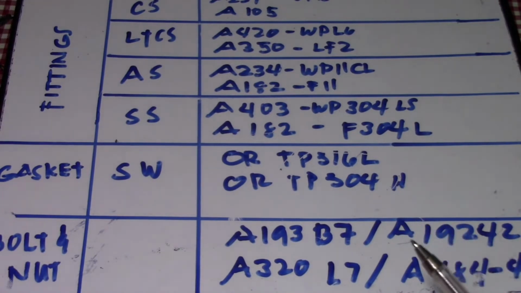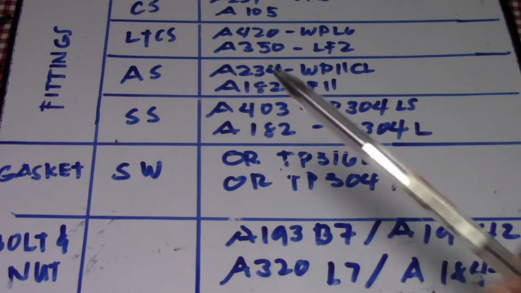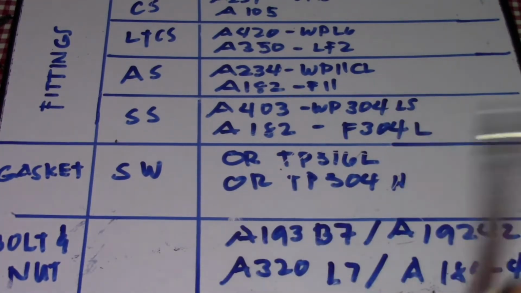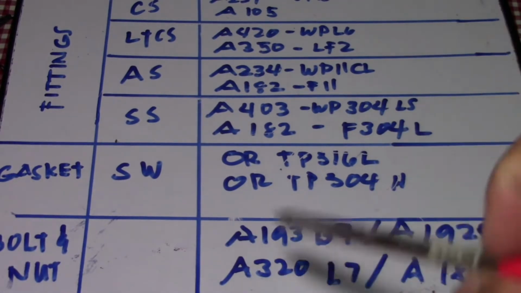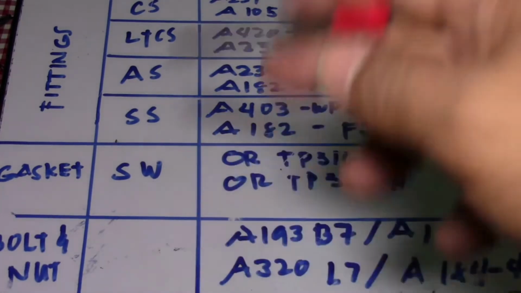So that's all for now, guys. This is very important for the pipe fitter and also for the pipe inspector. You must know what the coding is. So this is the ASTM code for the pipe fittings, gasket, and bolt and nut. We also have a color coding for that, and also thickness and color. For the meantime, we will discuss this ASTM code first. Next is thickness: what is the thickness and what is the color of all these materials, based on our items, pipe fittings, gasket, and bolt and nut.